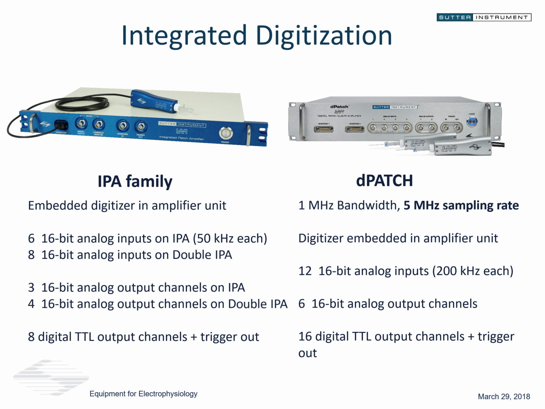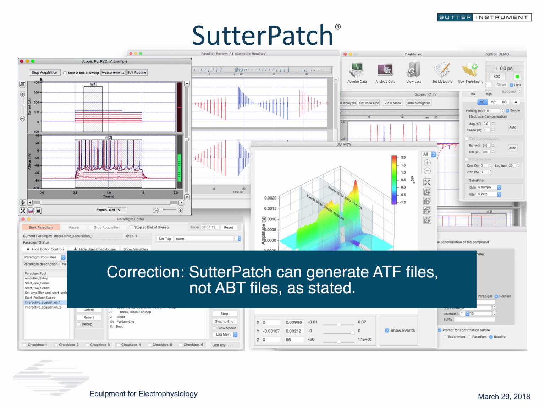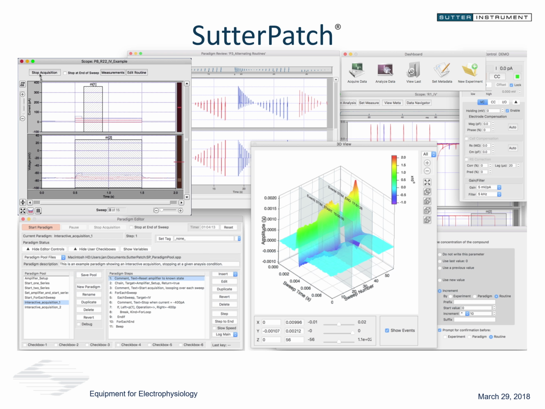So another question that we have regarding, again, the software: do you generate ABF files that can be used by Clampfit and other analysis software? We do not generate ABF files, but we do generate ABT files, which are the text version of those files. In particular, we find that with the Igor files that we use, because SutterPatch is built all on top of Igor Pro 7 and the newly released Igor Pro 8 very shortly, there are a lot of different ways to get this data set out into other applications.